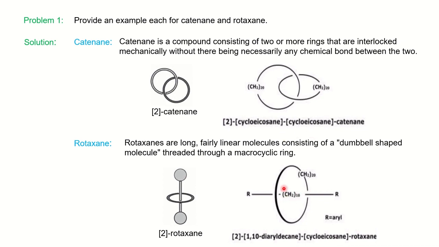Then you have cycloicosane rotaxane. So it is very easy to name also. So if they ask you the definition, structure or example of catenane or rotaxane, you can give this particular statement and example. Now we'll go to the next question, which is: give an account of optical activity of